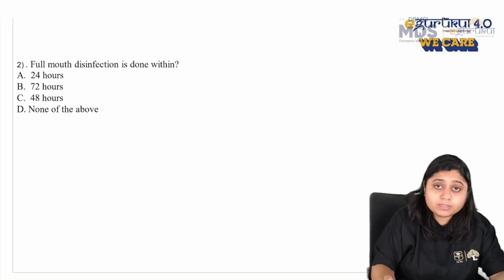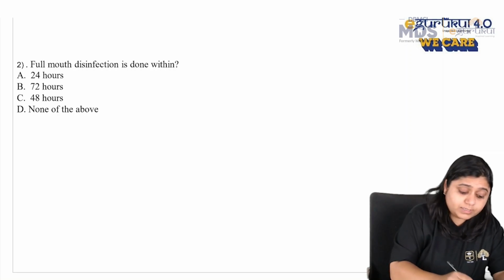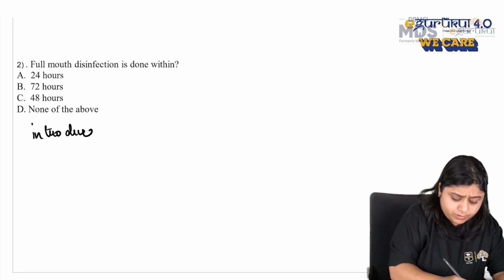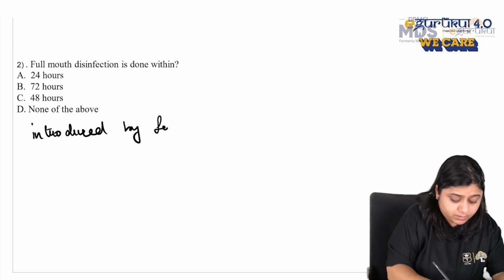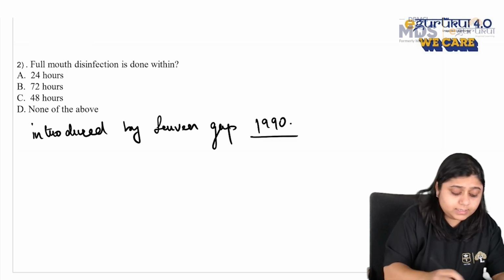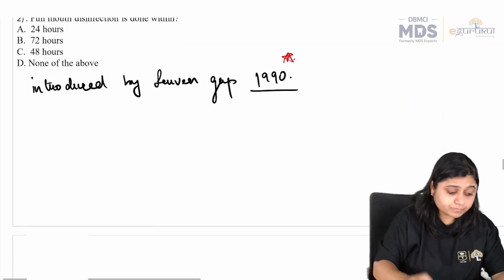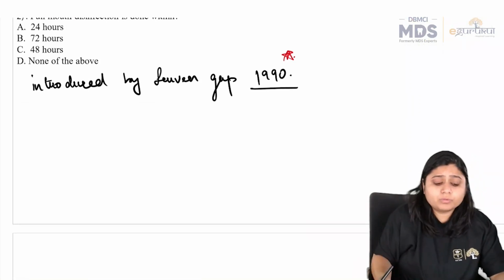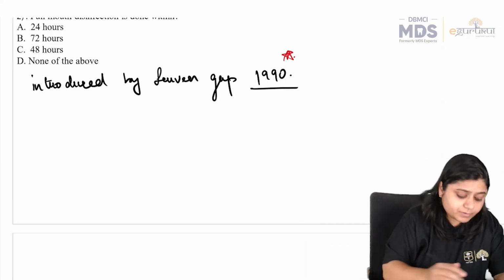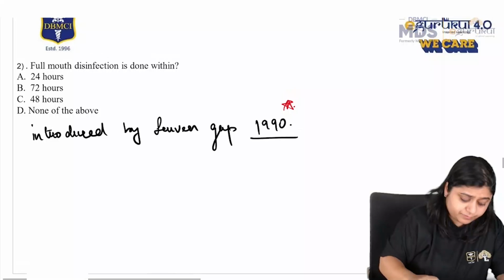So this full mouth disinfection was introduced by Leuven group in the year 1990. This is also an important question. This is asked in MCQs. Now, what is the purpose? Why we need to do a full mouth disinfection in a specific period of time? So, the objective